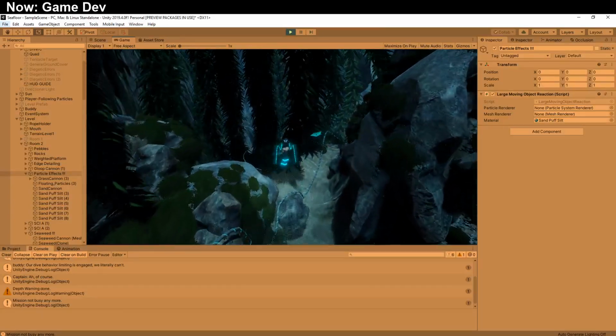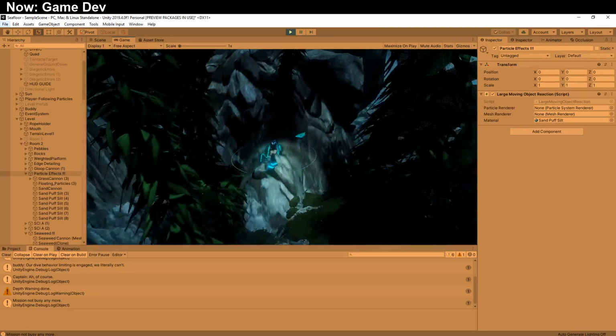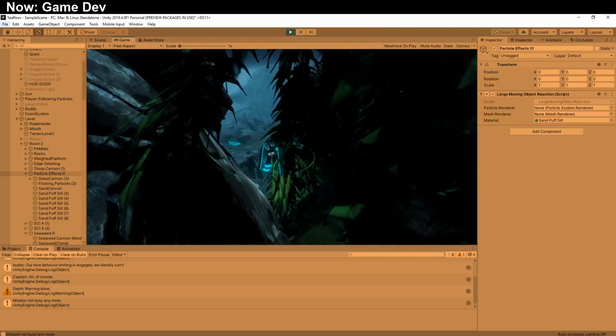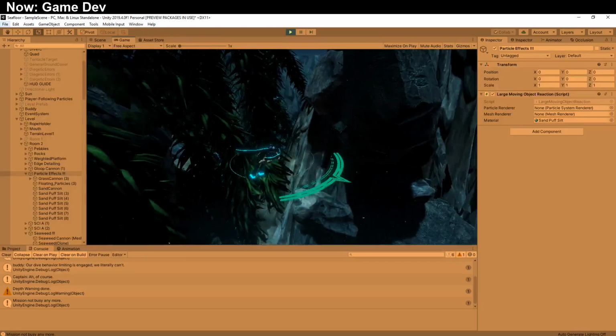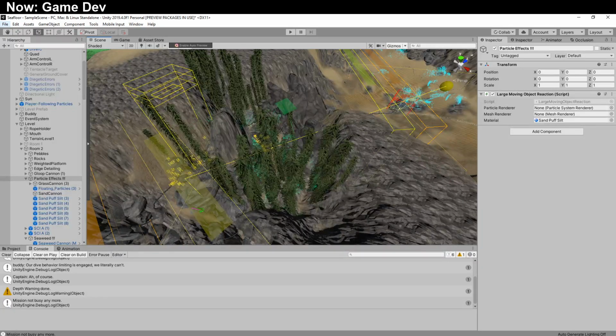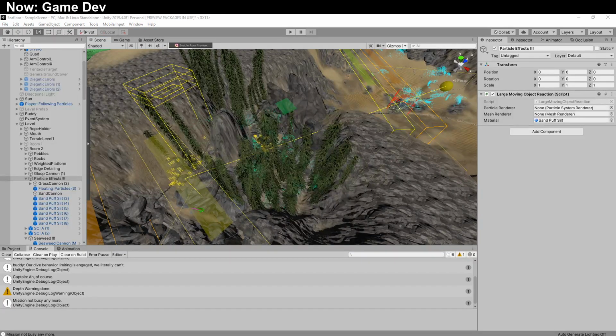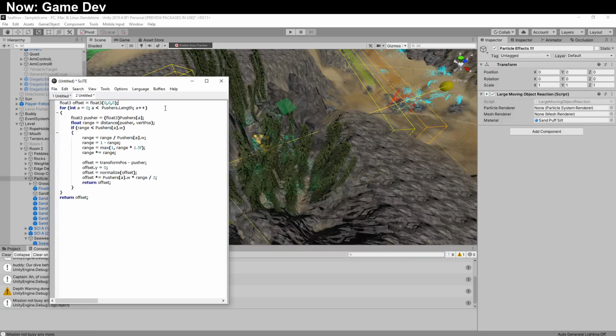Now, obviously, this is much, much wider than it should be. And the reason for that is because the scale is linked to the speed of the character. And it's supposed to kind of simulate a kind of massive push. So we're just going to offset that to reduce the scale and use a smaller range. Yeah, so I guess we'll just go ahead and say